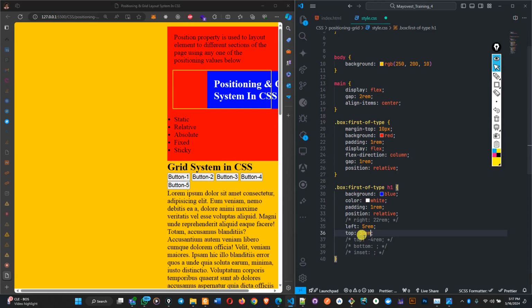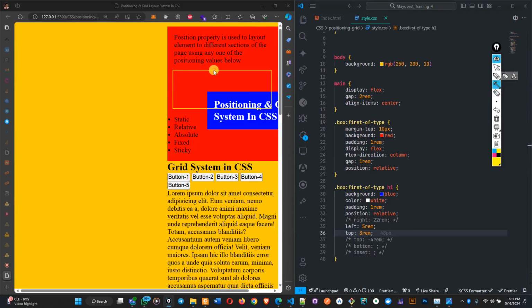But if I use like 3 rem here, you see that from the top, it will go down by the 3 rem value. So the top is what is calculating that thing for. So this is the top, which is 0. So this is where it's starting from, 0, and it will keep going down until this top reaches 3 rem. The same thing for the left too. It will start from here, it will keep moving until the left reaches 5 rem that we have down here,